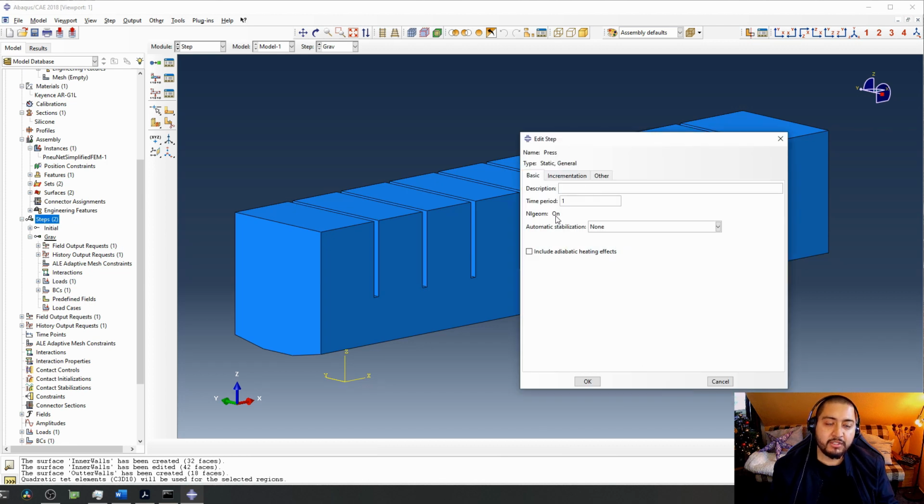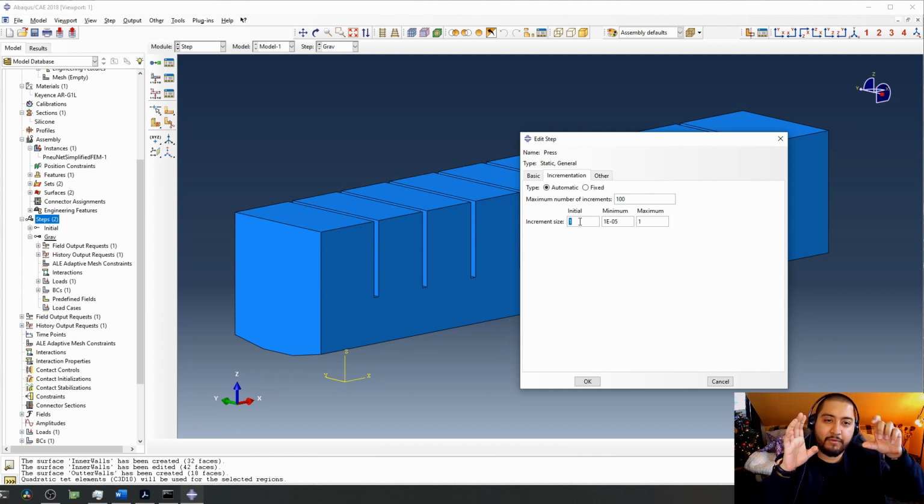Incrementation and large deformations are already activated and propagated for the next step. Incrementation here is very important because, maybe in the next video we can talk about step size for simulations and the increment size, but here I will recommend a low value, because you need to imagine that if you already compute the gravity step, and you try to pressurize the network with a really huge step, like